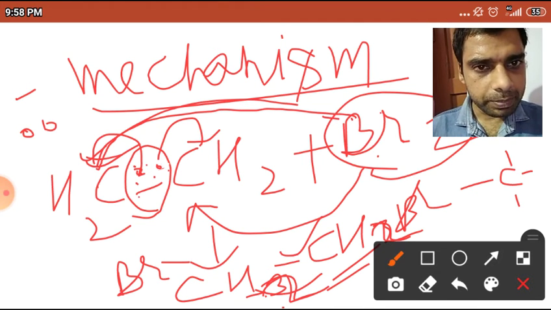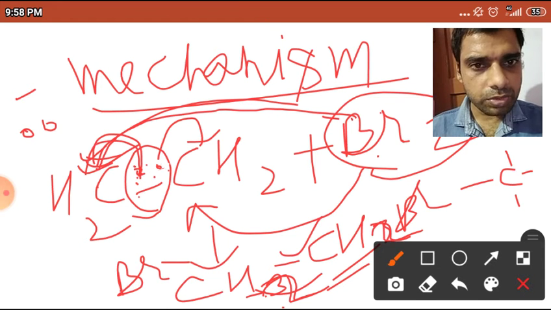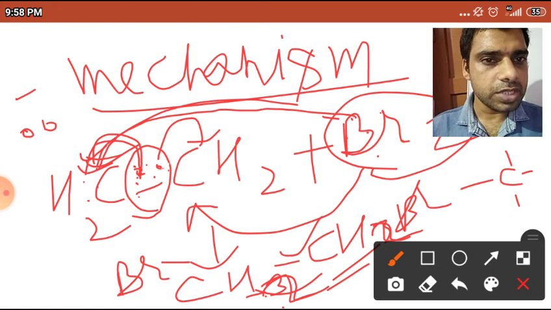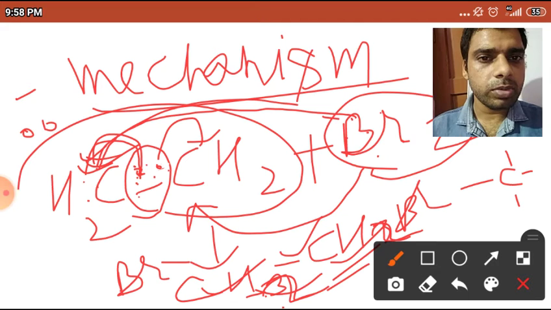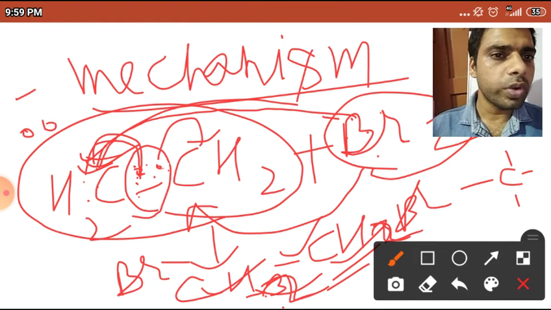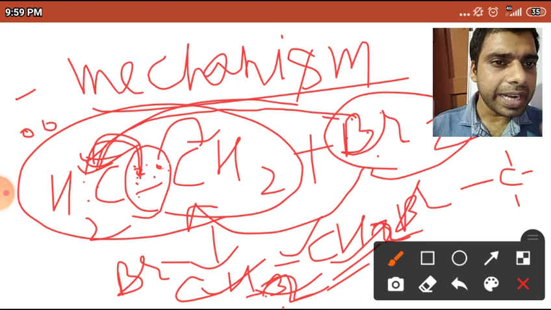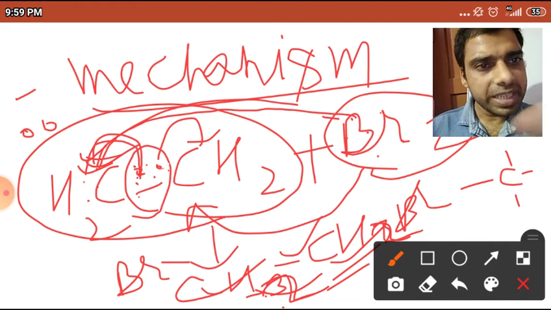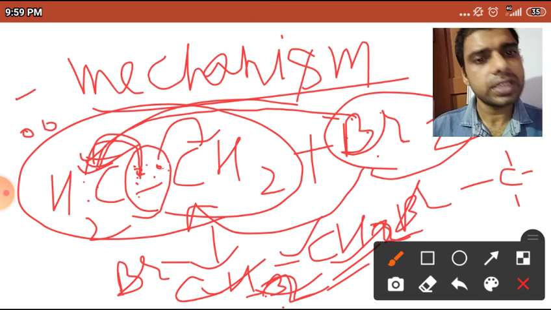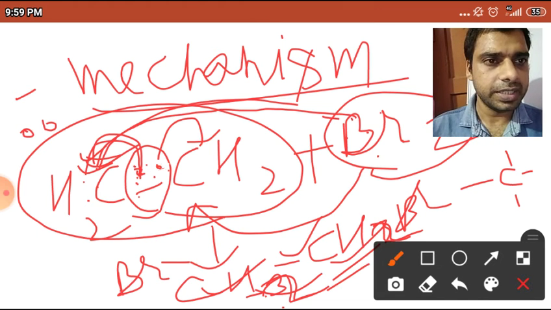But what happens here in the reaction mechanism: CH2, one single bond is there, and Br has attacked on that one CH2, okay? So it has formed CH2Br. Now what you have understood from this one, this CH2 double bond CH2 is not going to react on the bromine. Bromine is just coming to react with that ethene.